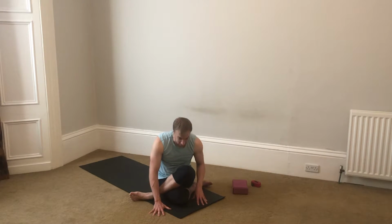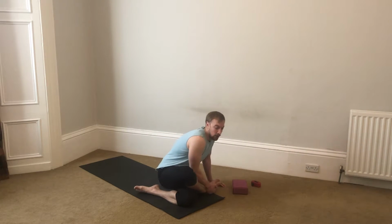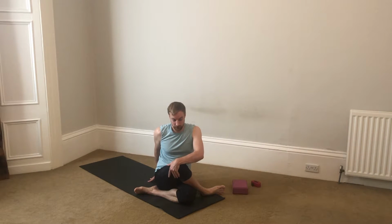On your inhale, walking the hands in, raise the chest up, take the hands behind you, lean back and switch the cross of your legs. So coming to Nepal with the right leg on top or half Nepal with the left leg straight if you prefer. Left hand to right knee, right hand close behind. Same three poses on the second side. So inhaling tall,